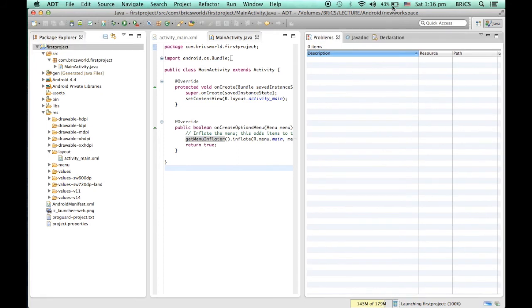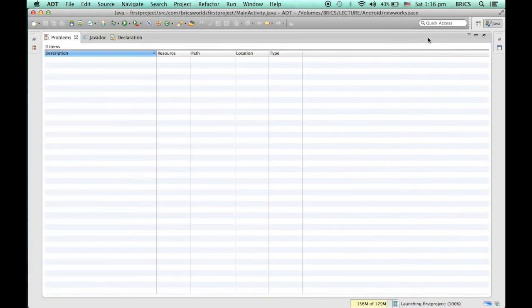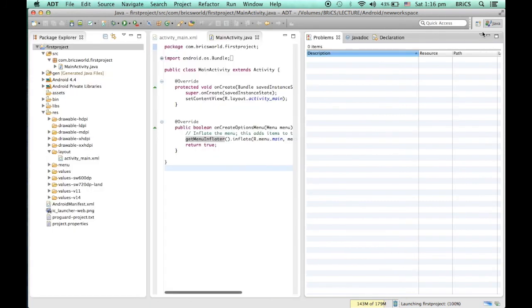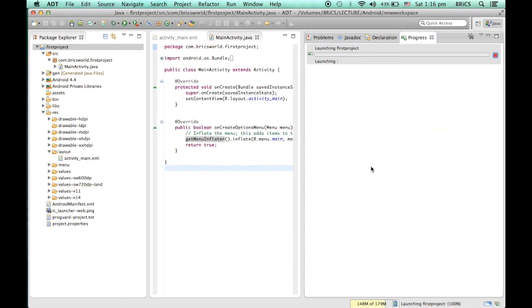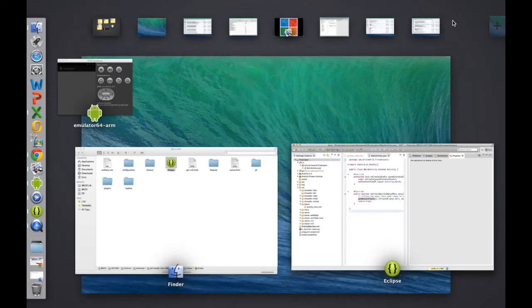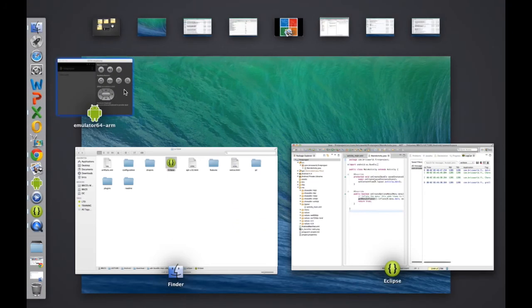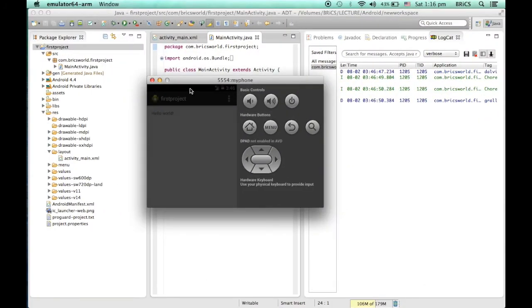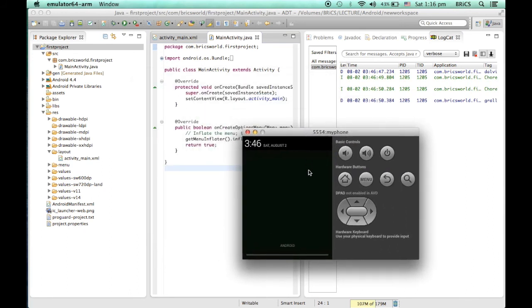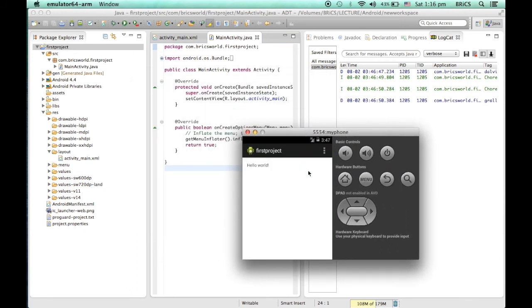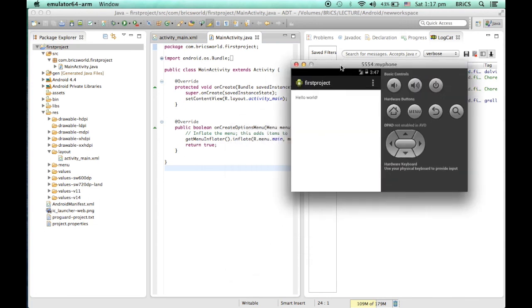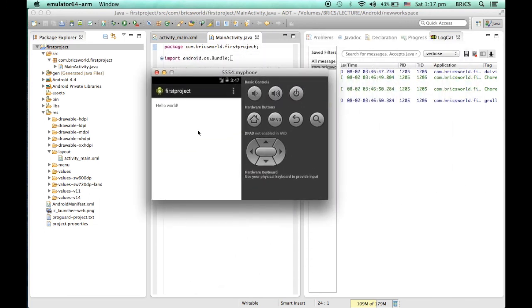I think one more window should be there, but that window is not visible, so we need to bring that window from somewhere. Okay, so here you can see this is your first project running on Android, and this is hello world.